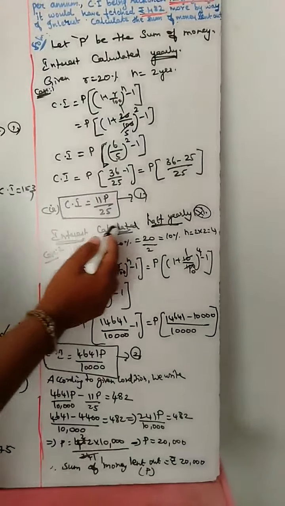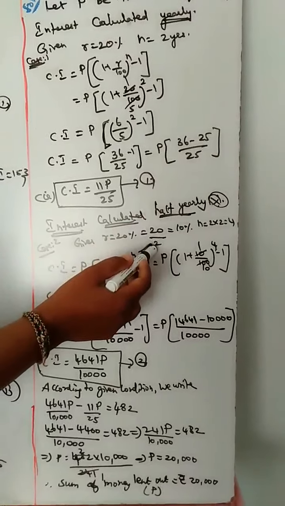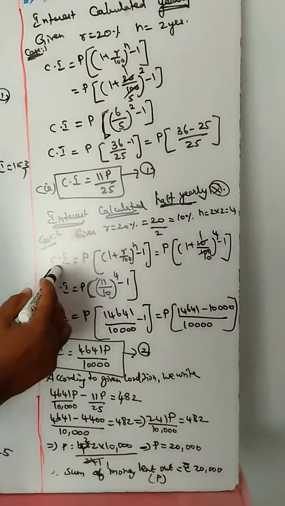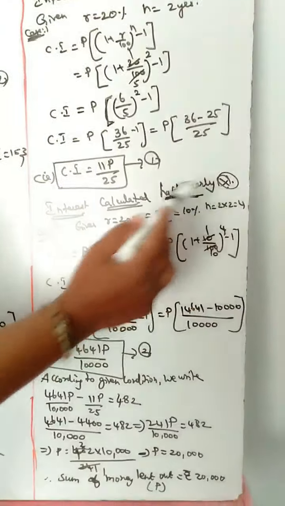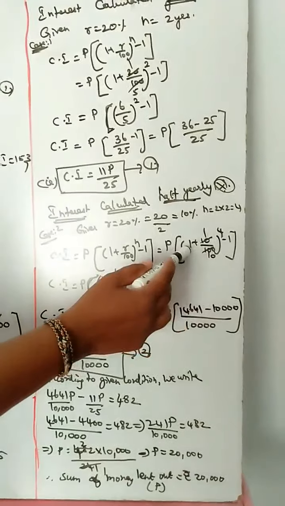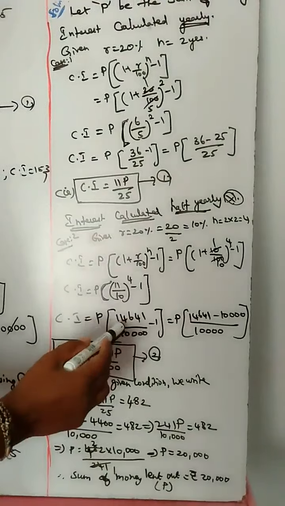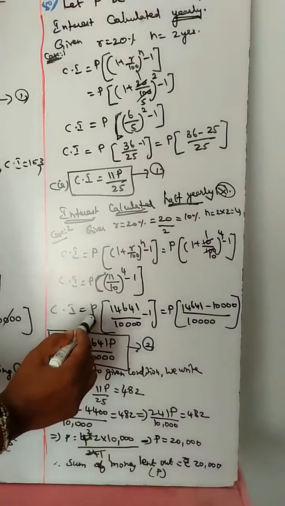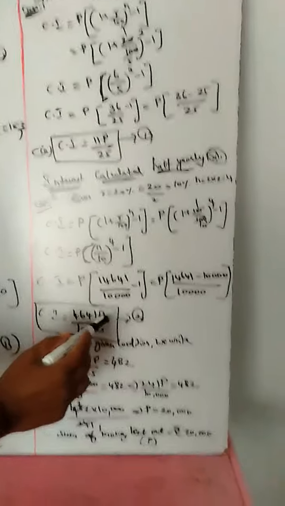Then next, in this calculated half yearly, case 2, that is given R is 20%. If it is half yearly means we want to divide rate of interest by 2, which is equal to 10%, and time period we want to multiply by 2, which is equal to 4. So CA formula, if we write down the CI formula and substitute value of R here as 10 and N here as 4, then after doing the calculation, 10 one time, 100 10 times, 10 into 1 10, 10 plus 1 is 11, 11 by 10 whole power 4 minus 1. Then CA here is 11 power 4 is 14,641 and 10 power 4 is 10,000 minus 1. Take LCM here, keep P outside common, then 14,641 minus 10,000 by 10,000, which is equal to 4,641 P by 10,000.